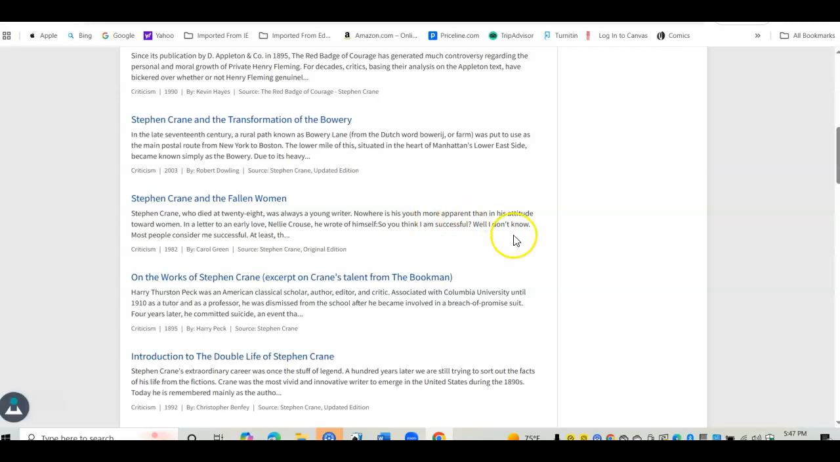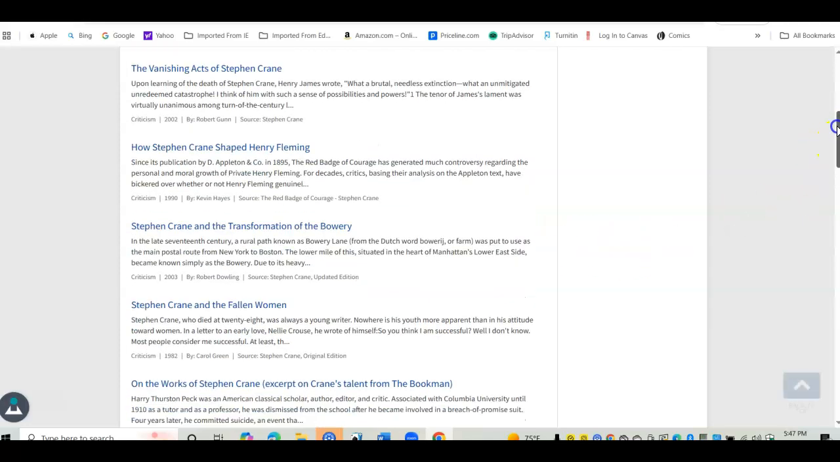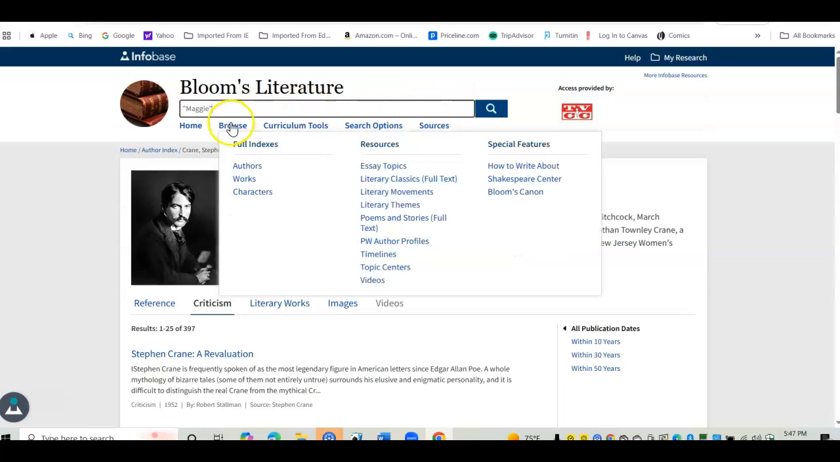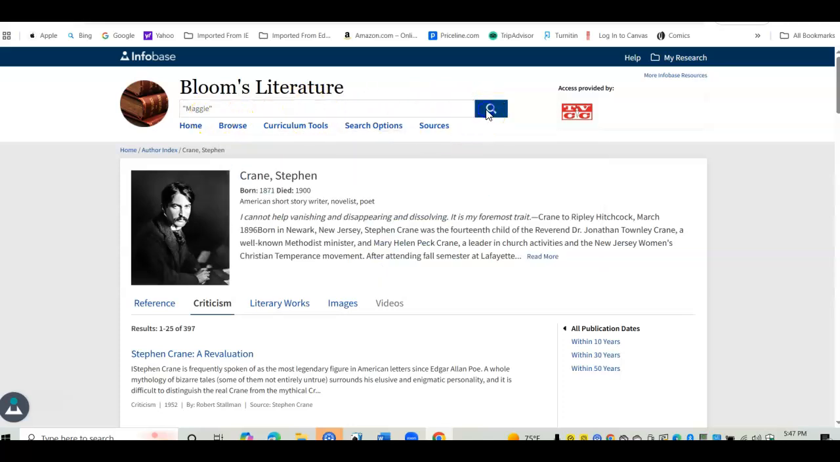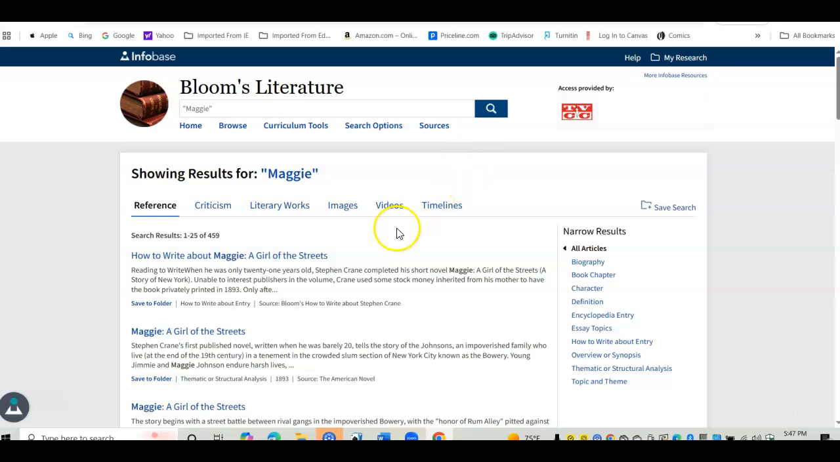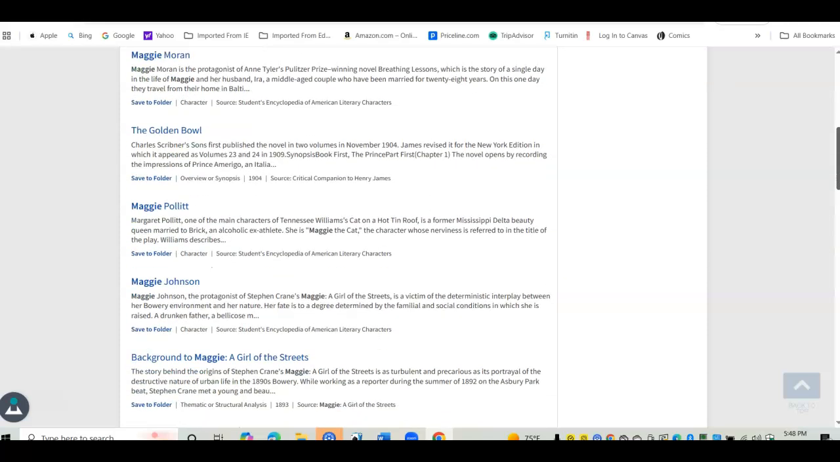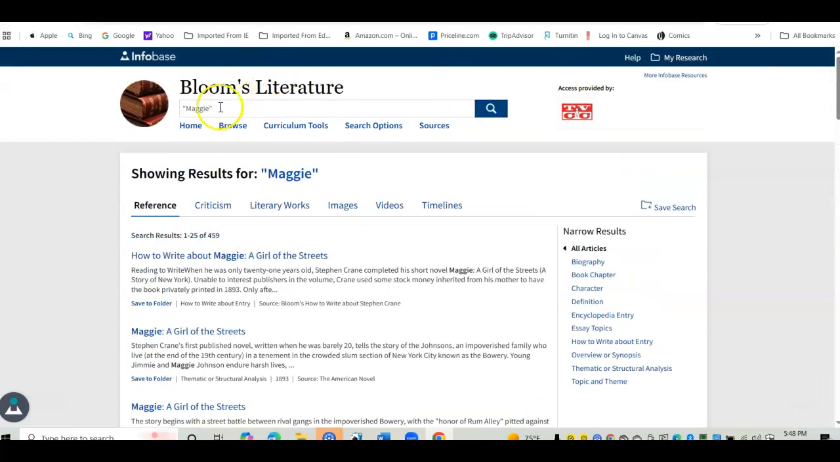Again, you can find other ones here. You can also just go up and put under the search, you can just put Maggie. And then there's how to write about Maggie, a Girl of the Streets. Here's a comment about Maggie, a Girl of the Streets. Here's a further comment about it. Since I just put Maggie, it's going to give me a number of different ones. If I do Maggie, a Girl of the Streets, a little more specific title,